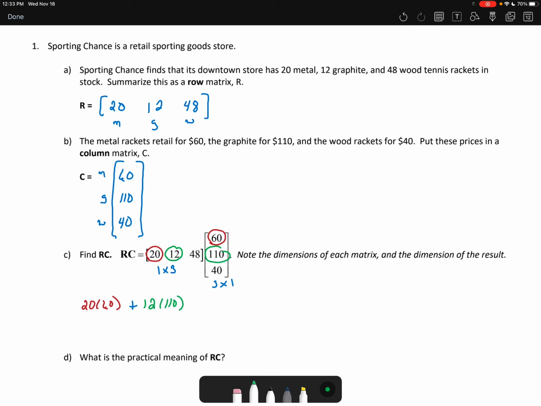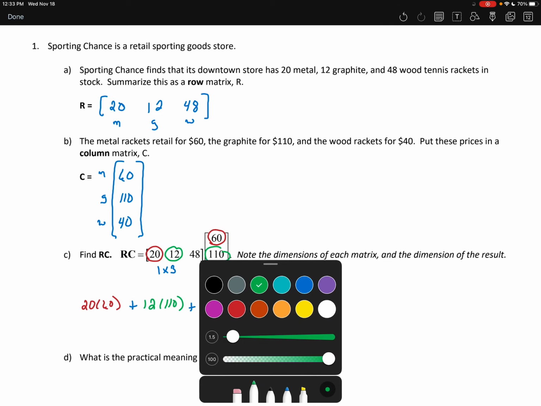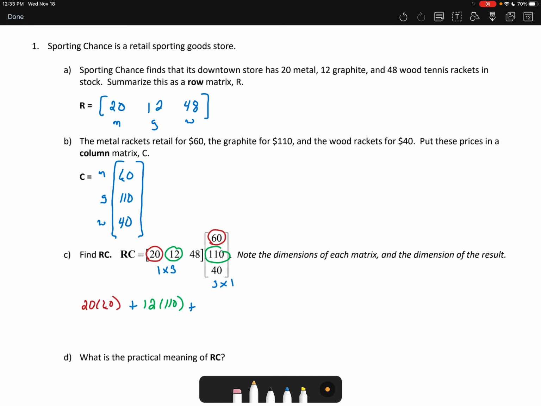So 12 times 110 plus, I'm going to change the color of my pen one last time. Last entry in R is 48. Last entry in C is 40. So 48 times 40. Okay, now I'm going to actually go through and multiply these out and add them together. So you might want to grab out a calculator to do that. Take 20 times 60 plus 12 times 110 plus 48 times 40, and you should get